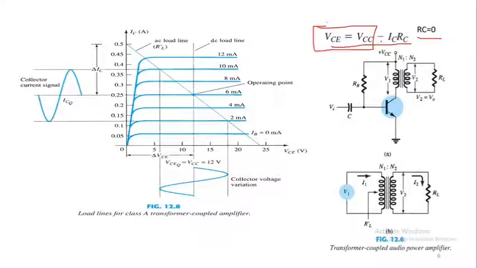ये इक्वेशन या ये रिलेशन बन जाती है। सो VCE = VCC is the point here, और RC ज़ीरो की वजह से you can draw the straight vertical line at this point, and at the point where it intersects the IBQ curve, इनमें से कोई भी IBQ हो सकता है, जिस पॉइंट पे ये IBQ की कर्व को कट करेगी ये DC लोड लाइन, that will be our Q point। तो इस एग्जांपल में हमने ये असूम किया कि आपके पास IBQ की वैल्यू है 6 मिली एम्पेयर। तो ये जो DC लोड लाइन है, 6 मिली एम्पेयर वाली कर्व को, जो कि ये कर्व है, इसको जिस पॉइंट पे इंटरसेक्ट करती है, that is our operating point, और that is our Q point।